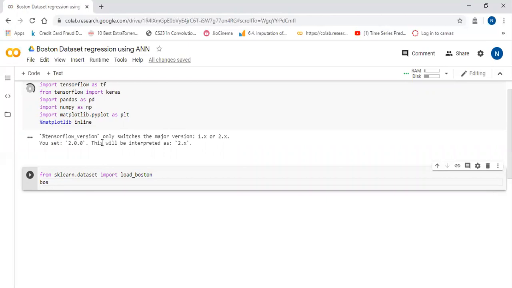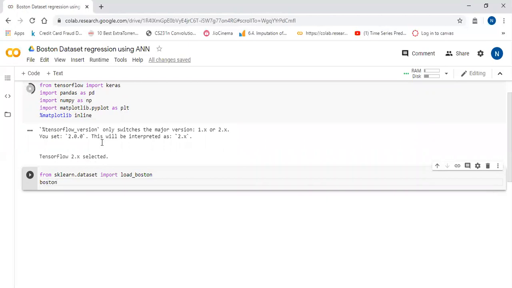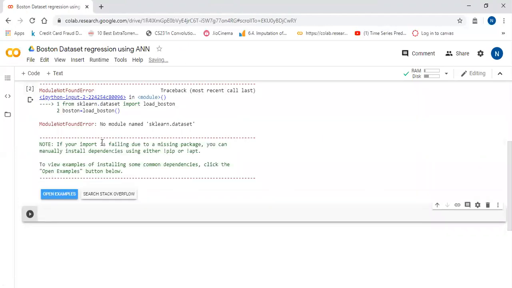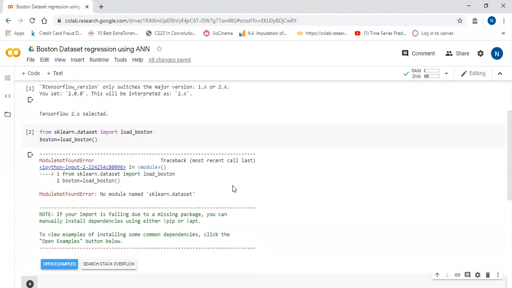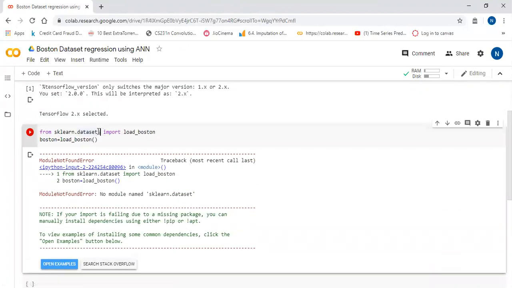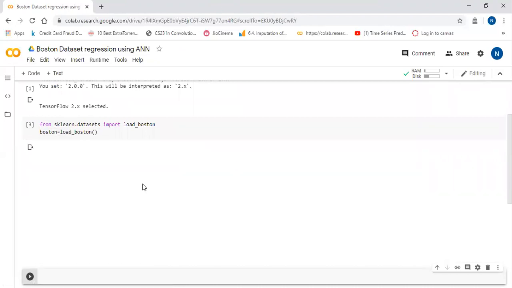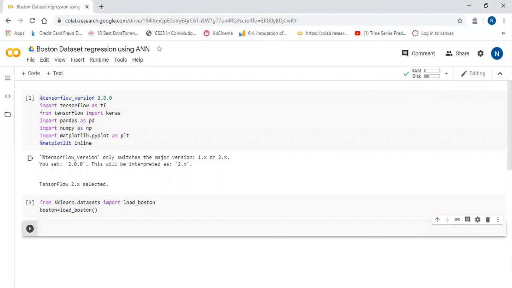I'm creating the object, Boston equal to load_boston. Okay, the Boston object has been created.